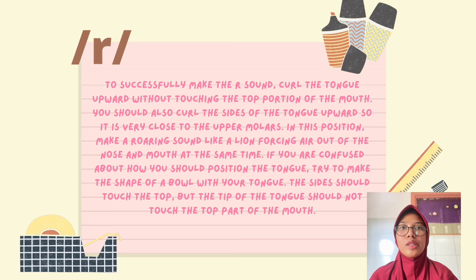To successfully make the sound, curl the tongue upward without touching the top portion of the mouth. You should also curl the side of the tongue upward so it is very close to the upper molars. In this position, make a roaring sound like a lion, forcing air out of the nose and mouth at the